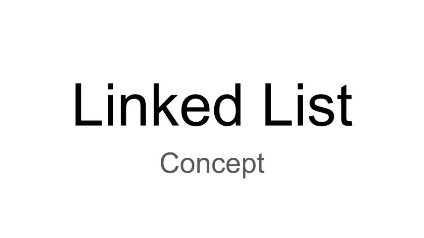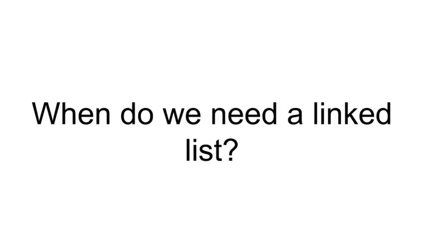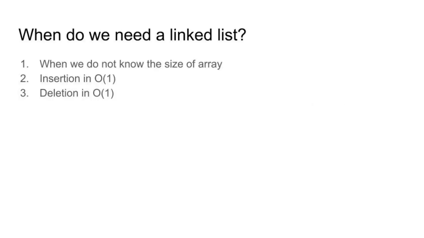In this video we will see the linked list data structure. So let's begin. When we talk about any data structure, we want to know when we actually need it. Linked lists are required as a replacement for arrays when we do not know the size of data in advance, for example in cases when the data size itself is the input. Also, when we want to implement other data structures such as trees and graphs, we use it as a building block there, because it is efficient in insertion as well as deletion when compared to arrays. So in these cases we can use a linked list.